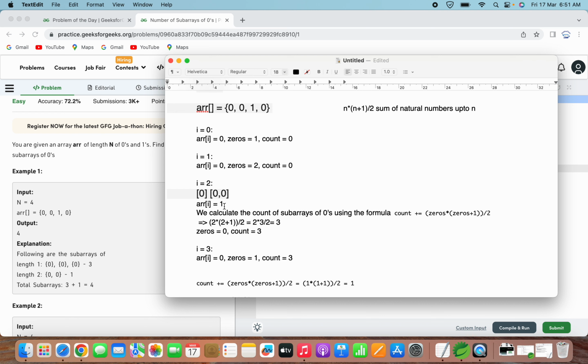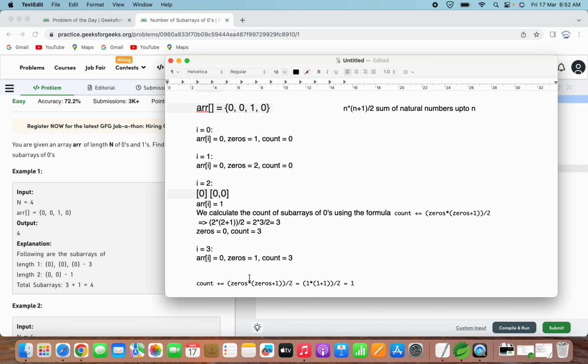So we use this formula to calculate all the possible lengths of sub arrays when we encounter 1, but when this loop is getting terminated here, we are not encountering another one. That's why zeros will be pointing to 1 here and the count will be 3, because we have encountered the last zero. So even this has to be added to the given count. That's why when the loop terminates, we have to do it separately for the last index.